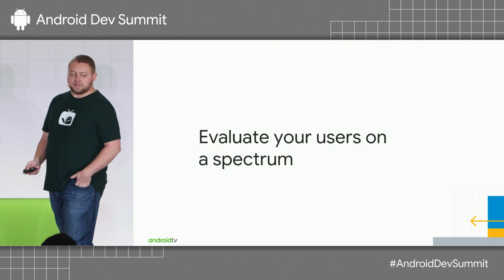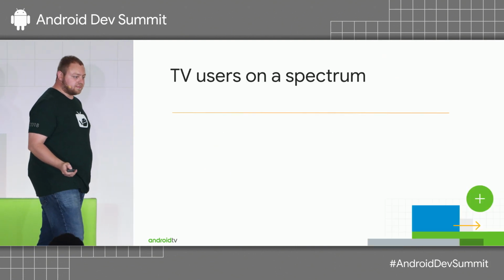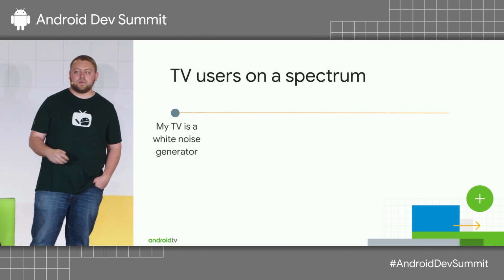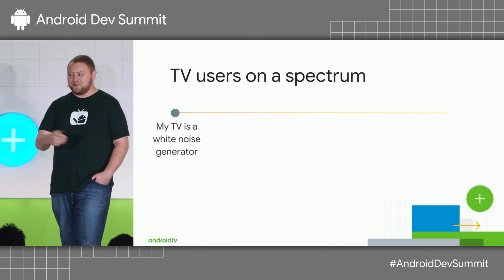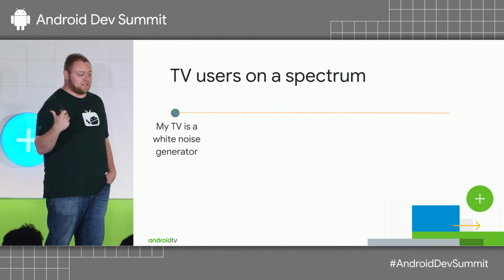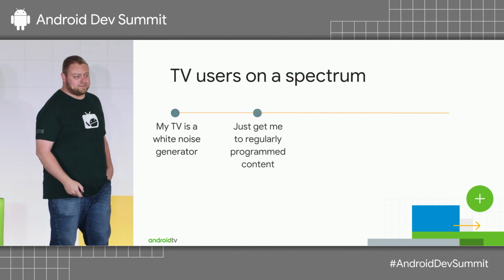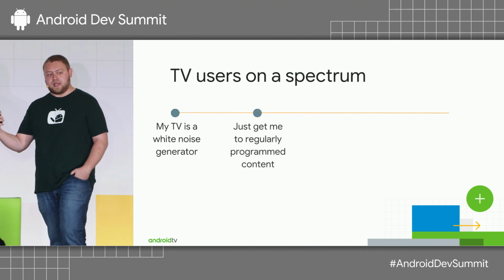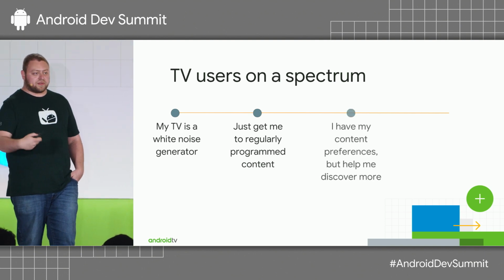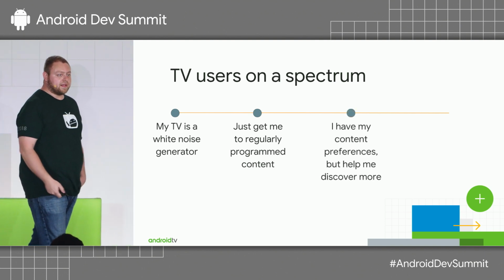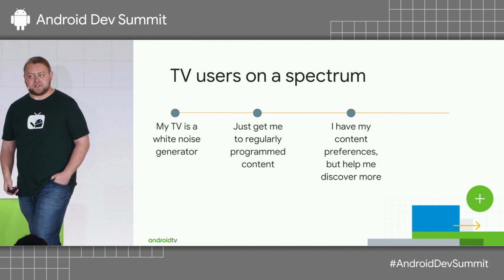To start with this, you should look at your users. Imagine all of your users on a spectrum. They start from one side of the spectrum. Hey, I bought a TV because it's cool, everyone's doing it, I want to be cool. Sits in my closet, but I have a TV. The next side of the spectrum, oh, I love watching TV. Every week I watch this show. This is great. You go a bit further down, oh man, I love How to Get Away with Murder. Viola Davis is awesome. Hey, maybe I should watch Suicide Squad.